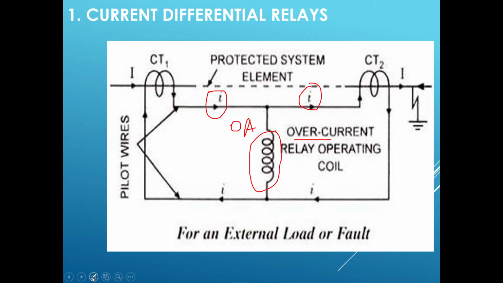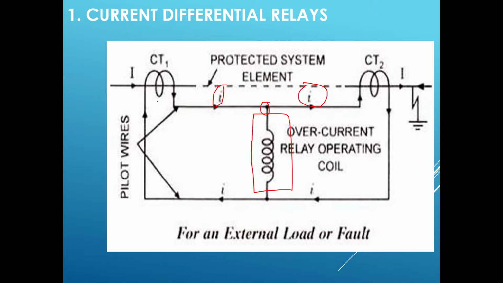So don't think it is the same concept as our circuits, where if there is a junction, current should divide. This is not a junction here. It is an operating relay that is connected here. There should be a difference between the entering current and the leaving current, and only then will the differential current flow through the relay coil and the relay operate. So when the entering current and leaving current are the same, why are they the same at this junction? Because the EMFs induced